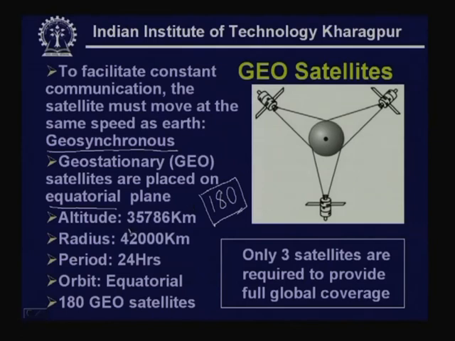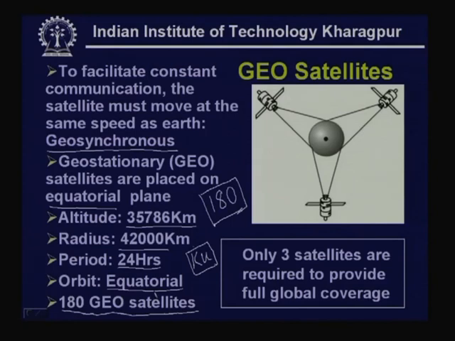And as I mentioned, the altitude is 35,786 kilometer and the radius is about 42,000 kilometer. That means, from the center of the earth the radius is 42,000 kilometer, but the altitude from the surface of the earth, from sea level, is 35,786 kilometer, and the period is exactly the same as the rotation of earth, that is roughly 24 hours. And as I mentioned, the orbit is on the equatorial plane, and you can have at most 180 geosatellites based on the present day technology, and whenever Ku band is used,